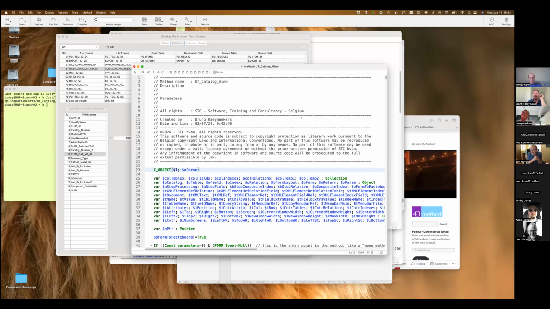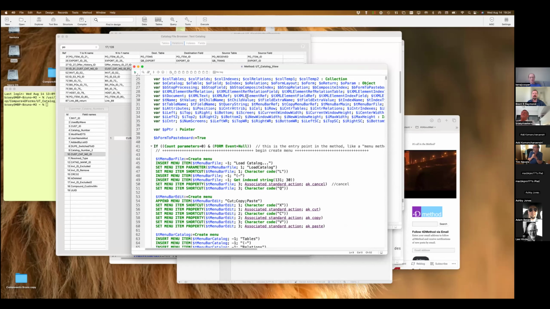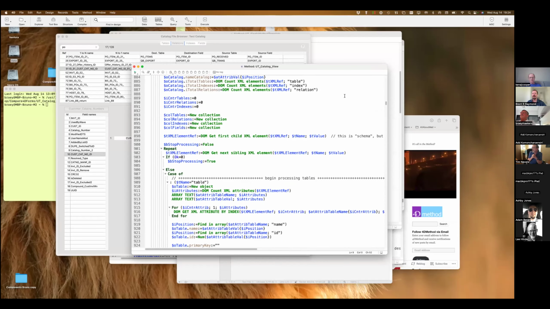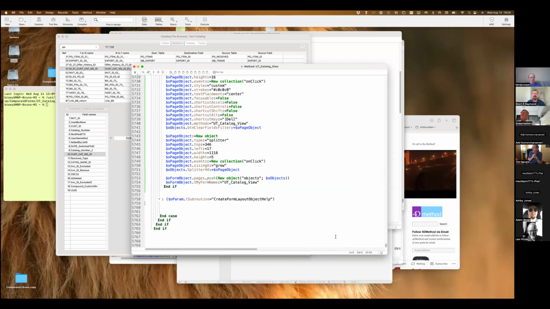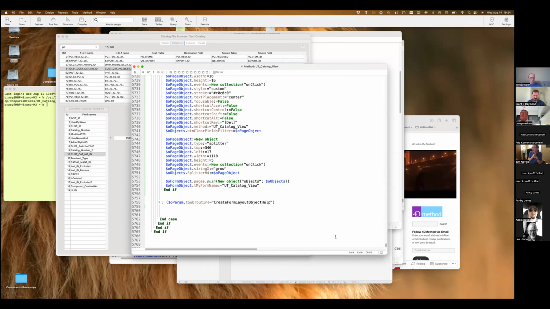Missing form? I thought he was creating the form on the fly. Or do you need a starting form? No, you shouldn't. Now, I must be honest, I posted everything online, but I didn't download it again and test it. I tried grabbing that method from the Git repository and just running it, and I got an error at the end. Okay, again, just quick and dirty while I was watching the thing. I should have been paying attention. Well, we may have to play around with it a little bit.